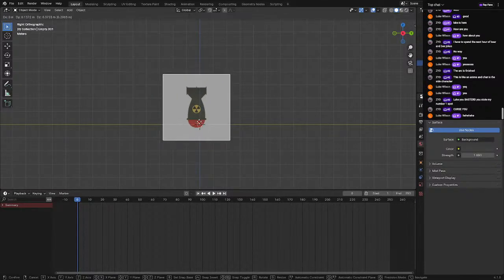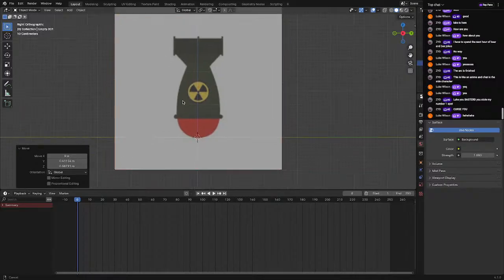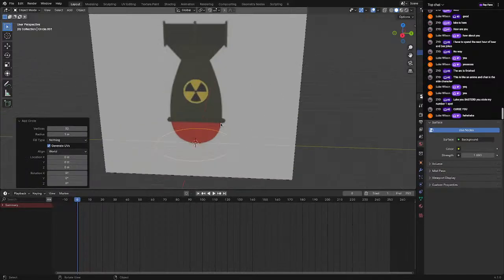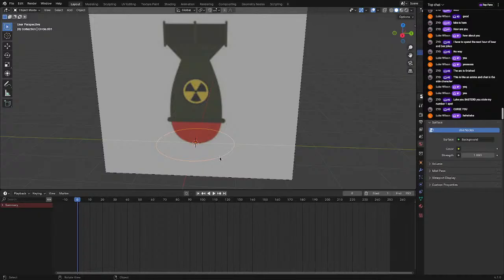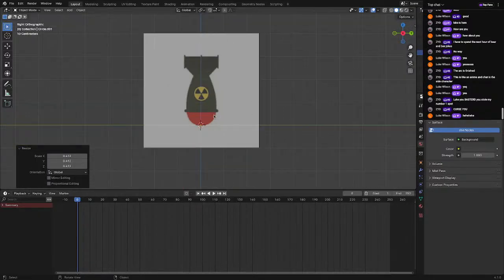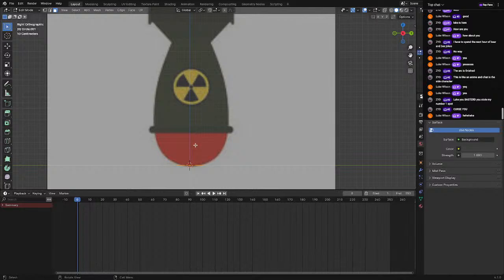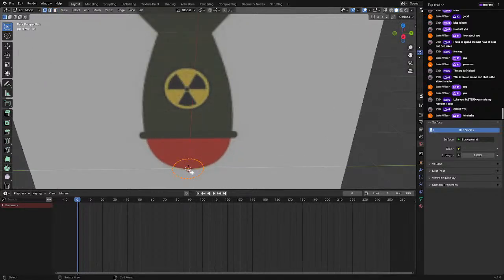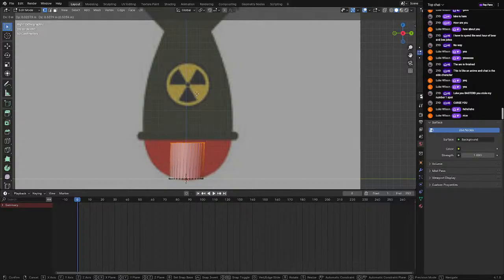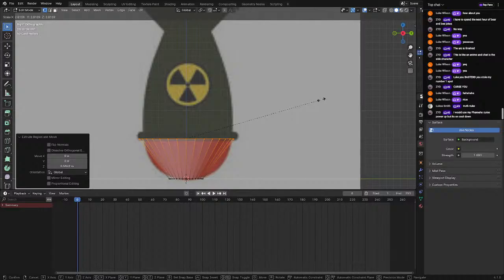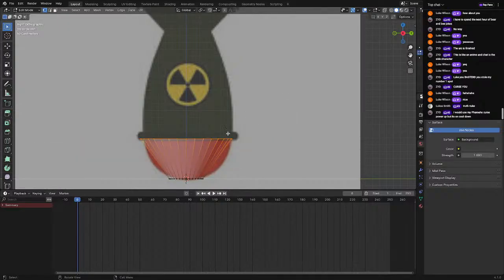Okay, next up we got a cosmetic here. Little bomb that's going to be leaking. So we're going to start with, obviously, a circle here. Then we will scale this down. Scale it down a little bit more. And then we will go into edit mode. And we'll extrude this up. And we'll scale it out. Ooh. And we